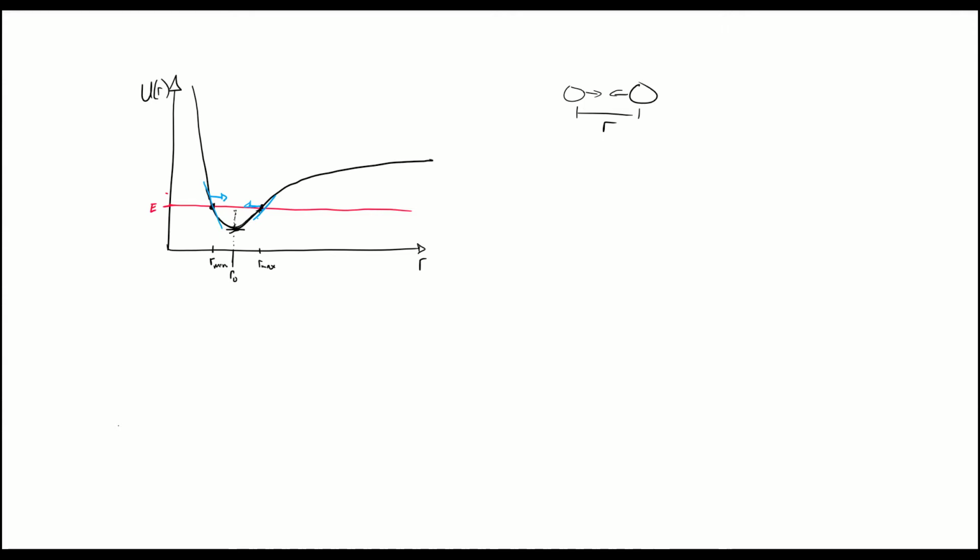So that's all well and good. We pulled off some information, but you can even get more. If we heat up the system, and let's say we go to a higher temperature, we'll call this E2, and now that's our total energy in the system. Well, what's going to happen?